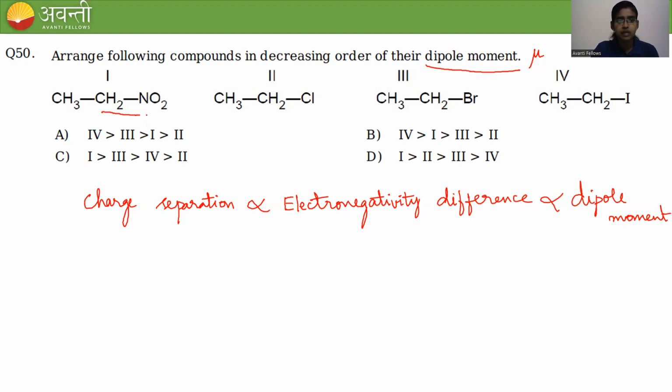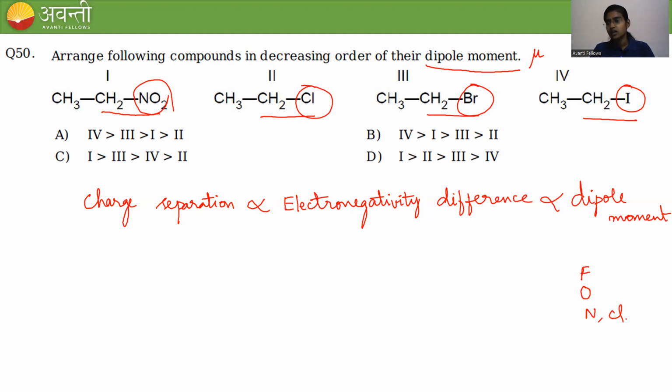In the first compound we have a carbon-nitrogen bond, and then carbon-chlorine, carbon-bromine, and carbon-iodine bonds. Now if I have to compare the electronegativities of all four groups given here, ethyl is common. That is CH3CH2 is common for all the compounds. We have to compare with respect to NO2, Cl, Br and I. We all know that the most electronegative element in the periodic table is fluorine. The second most electronegative is oxygen. Third are nitrogen and chlorine. Right? Nitrogen and chlorine both have the same electronegativity value, which is 3, but